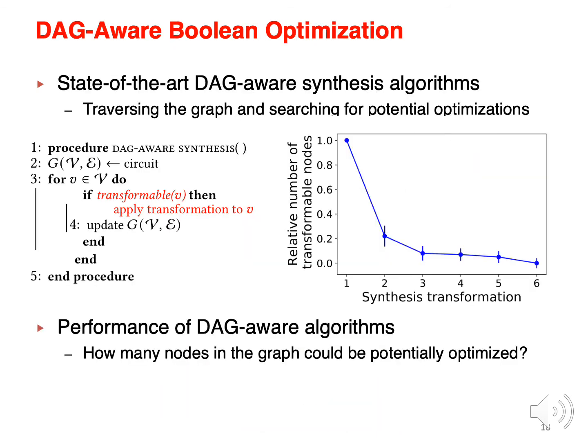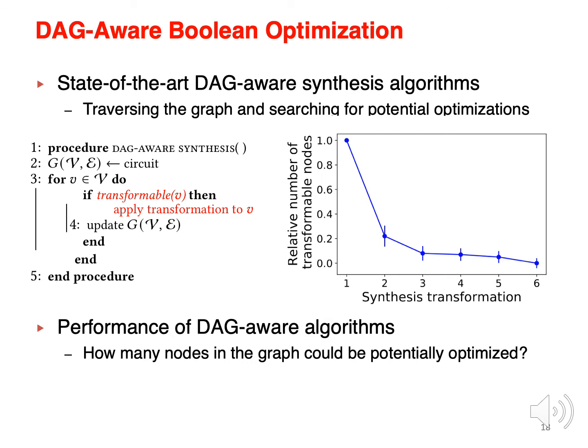To answer this question, we dig into the DAG-aware synthesis algorithms. We took 6 different ABC transformations and applied them to the I10 design. It's one of the default designs included in the ABC repository. We exhaustively collected all the permutations of the flows with only one appearance, so each of them appears once. And we observed that no matter which flow you choose, the earlier transformations always make more impact on the design